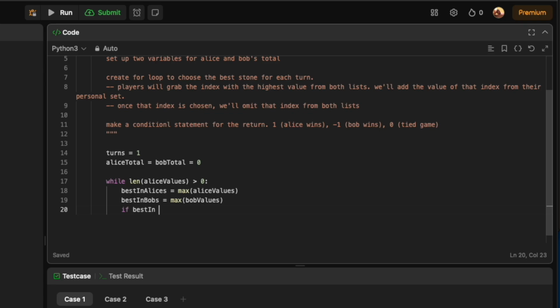If best in Alice's is greater or equal to best in Bob's,